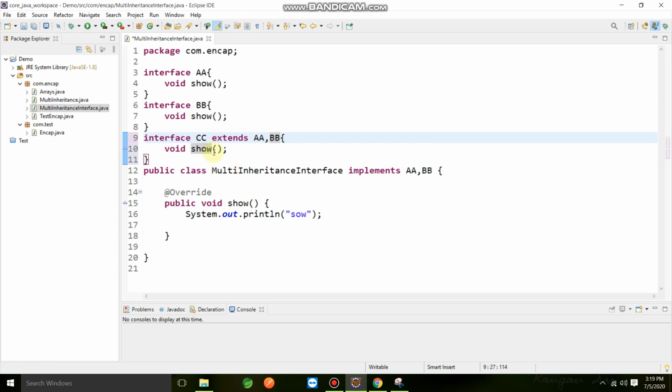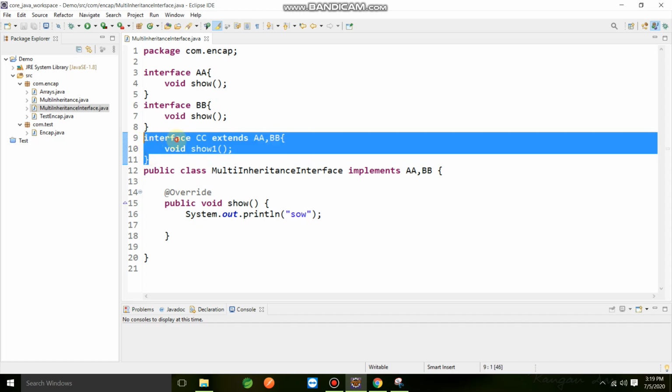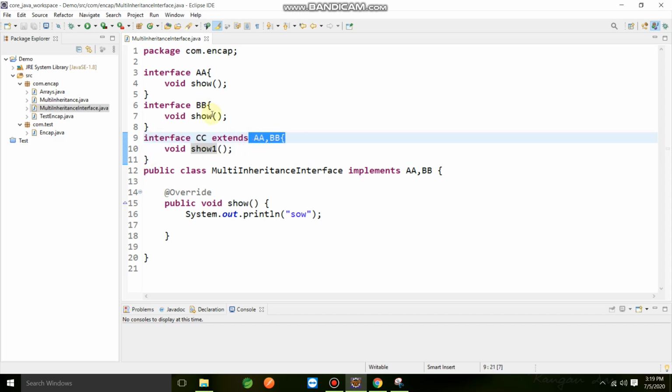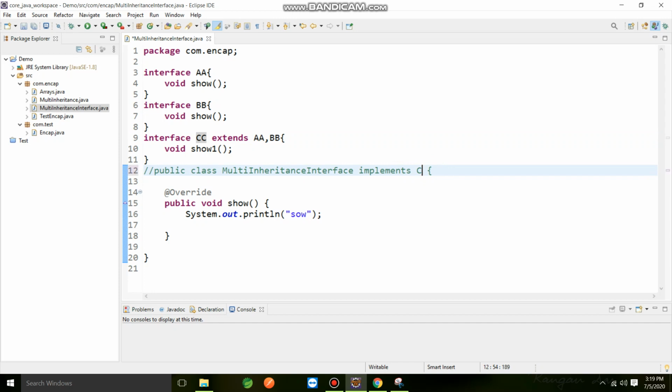If I write show 1 here, you can see there is no issue. There is no issue about this particular show method, because of whoever implements this.